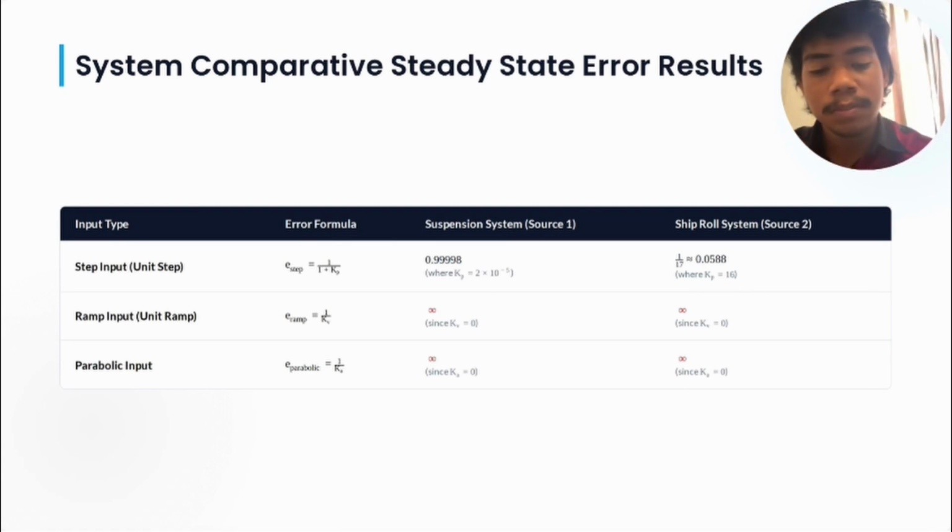And last, for the conclusion, both systems are stable based on Routh-Hurwitz analysis. However, the mass spring damper suspension system shows better steady state error because